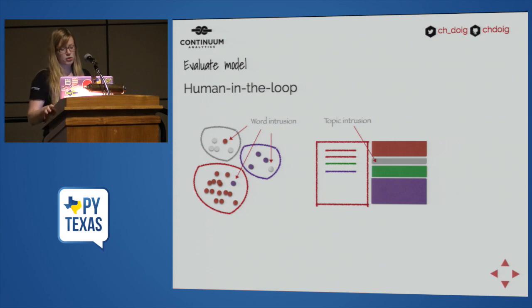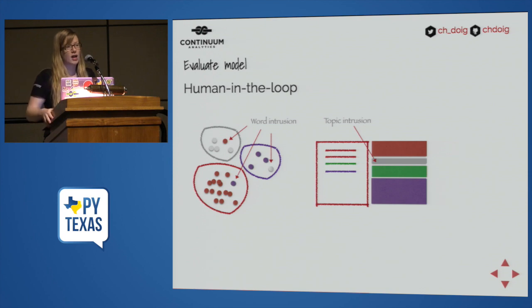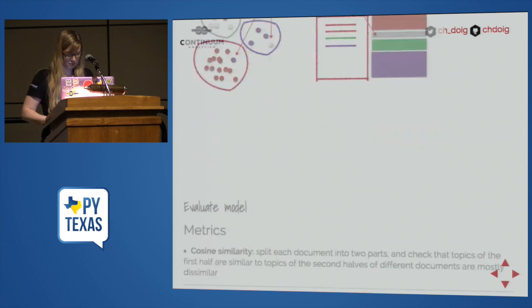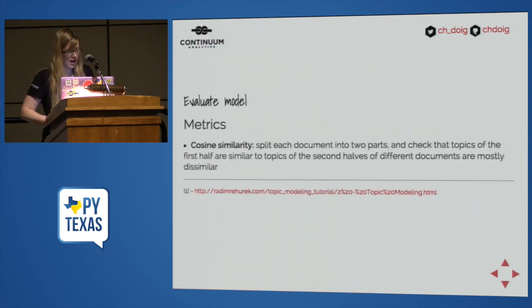Then there's the topic intrusion, where you give people a document to read and the topics that were assigned to that document, and you intrude one topic that's not present there, and you ask them whether they can identify that topic. I've also mentioned that it's very costly to have humans in the loop to evaluate that, and then you have to figure out what metric you're gonna use, correct answers, incorrect answers,